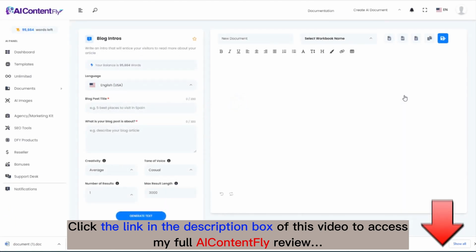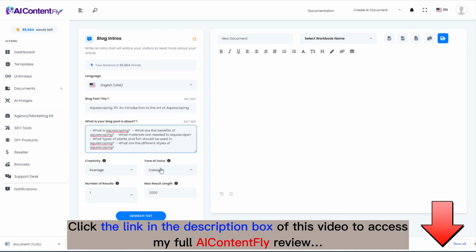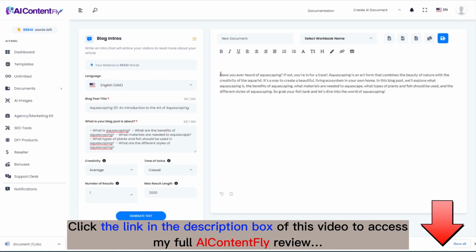Next, we have blog intros. And I'm going to use these same results that we used in the previous template just by copying and pasting again what AIContentFly already gave us. We'll just leave it at average and casual. I'll just leave the default settings for most of these demos just so you can see an average demo. And it created a great blog post or even an article intro for us that helps draw